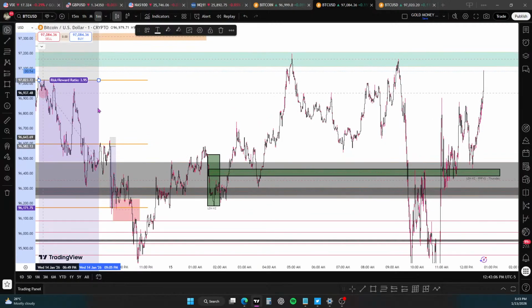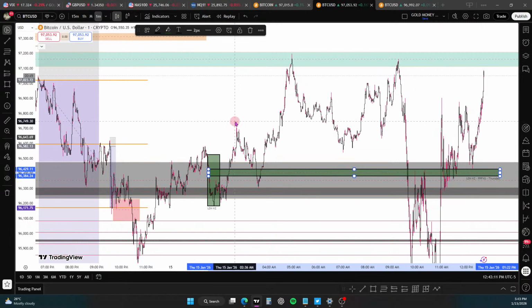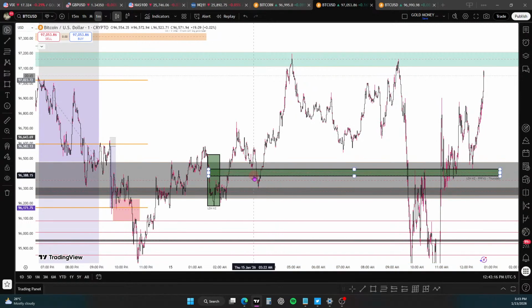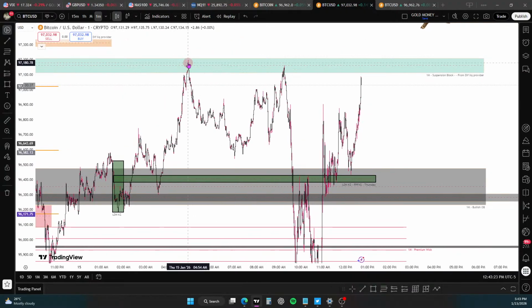This, I'm sorry. And then we targeted it again. We targeted it, and then we used it again. Look, and then we sold here to this. And then we bought this again to this bullish, to this suspension block, sorry. And then you could even sell it to this low here. And then you could buy the sweep of that low. So see how this low gets swept? You can buy the sweep of that and target the consequent encroachment of the suspension block.